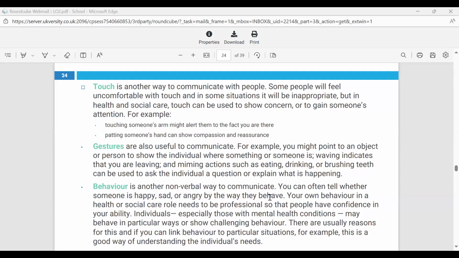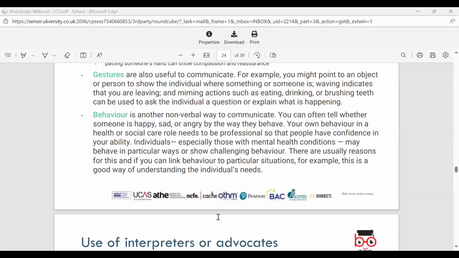or such as drinking, or asking someone. Your behavior is another non-verbal communicator. You often say you're happy, sad, angry. Your behavior impacts on individuals. If they have challenging behavior, you could get maybe a bit annoyed at them, but you need to make sure that when it comes to anyone's behavior, body language is so important, because you're impacting on someone's culture. You don't want to be offending, you don't want to be misunderstanding.